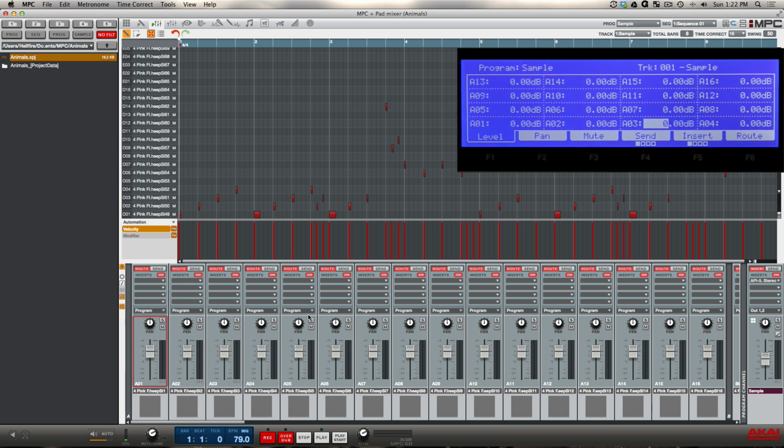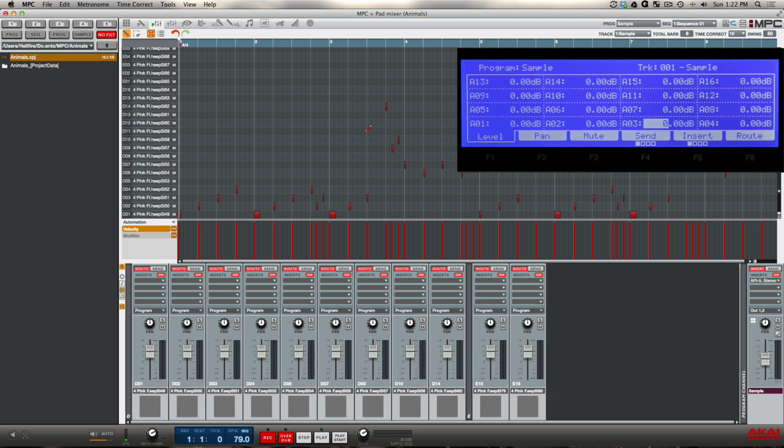So that's basically going to show me any pad that has a sample or has an event on it. And then here I have the option to just show pads that have events on them. So this is basically going to show me only pads that I actually used in the program. So even though I have samples on other pads, using this filter is going to show me only the ones